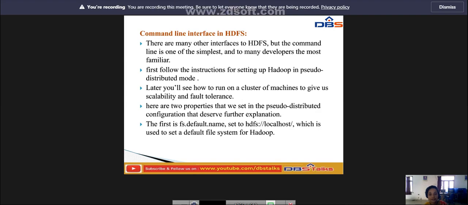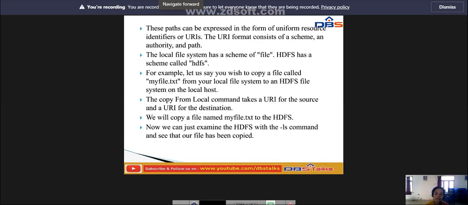HDFS can be manipulated through the Java application programming interface and this command line interface.